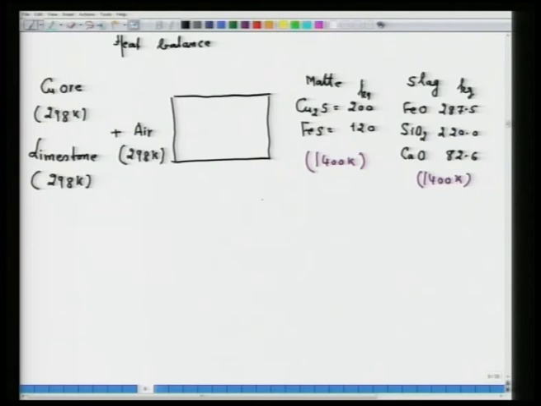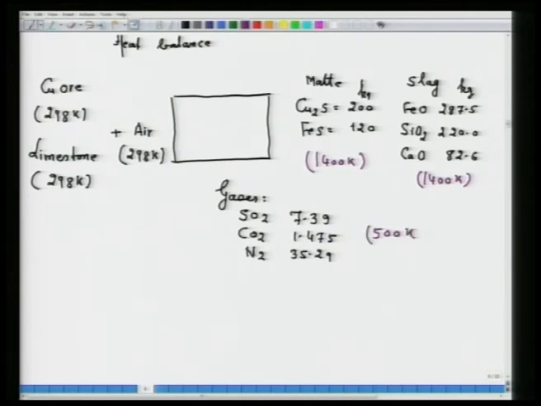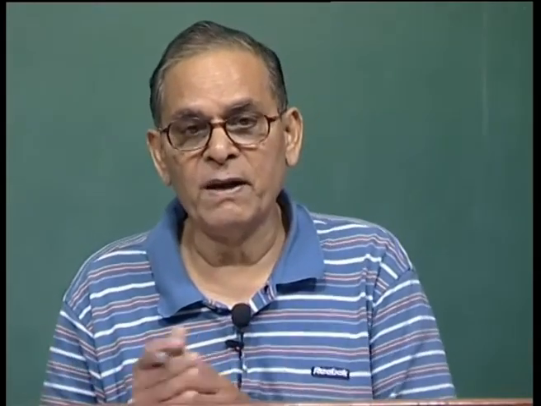Next, we take the gases. We have SO2, CO2, and nitrogen: SO2 7.39, CO2 1.475, and nitrogen 35.29, and the gases are discharged at 500 Kelvin. So, this is the material balance output I have written here, so that now I can do the heat balance